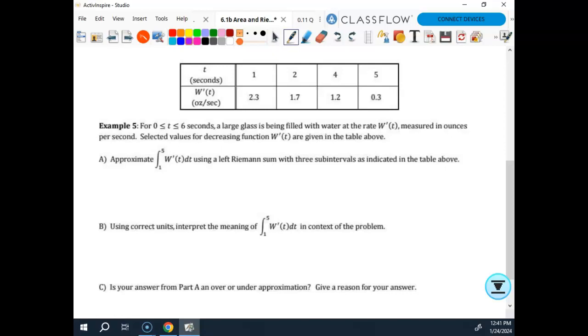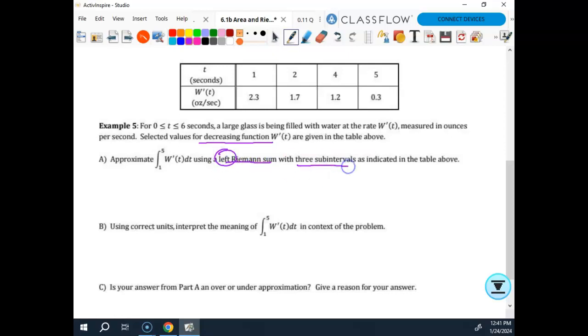All right, we got from 0 to 6 seconds, a large glass is being filled with water at the rate of W prime of t. They gave it to me, measured in ounces per second, that's labeled for me. Selected values for the decreasing function, that's important, decreasing function, W prime of t, are given in the table above. Approximate this using a left Riemann sum